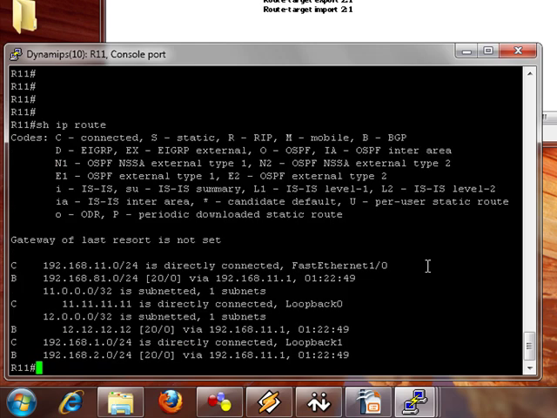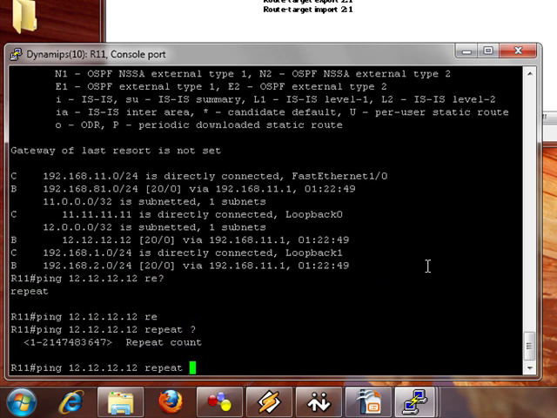These are the routes that I'm currently getting from the customer router, which is router 11. And what I'm going to be doing here, there's going to be no configuration at all unless I find I've done something horribly wrong. Let's hope not. All I'm going to be doing is pinging from